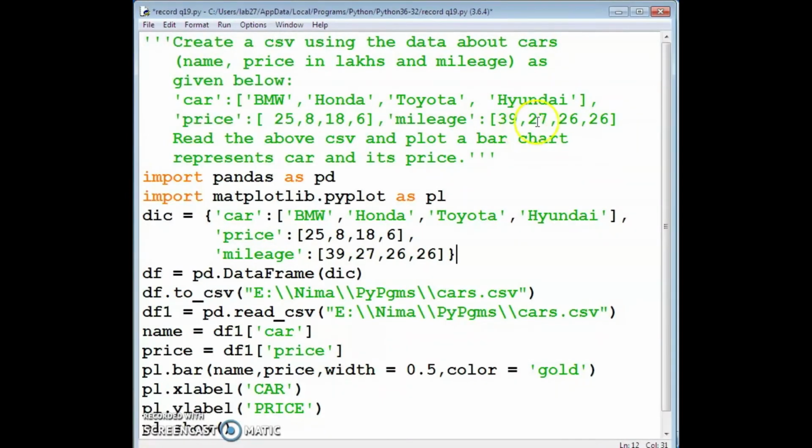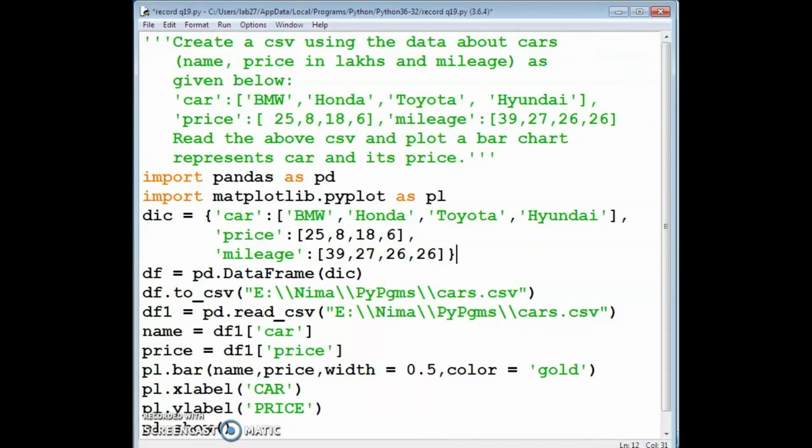Mileage 39, 27, 26, 26. Read the above CSV and plot a bar chart representing car and its price. First, we have to create a CSV file by using all this data: car, price and mileage. After that, we have to read the data from this CSV file, then plot a bar graph.